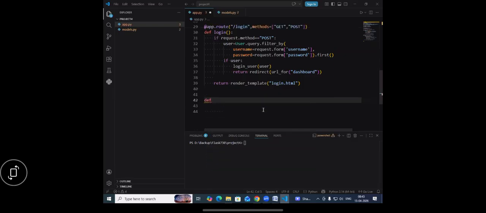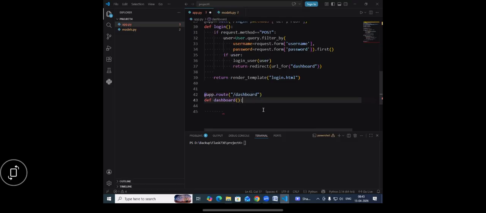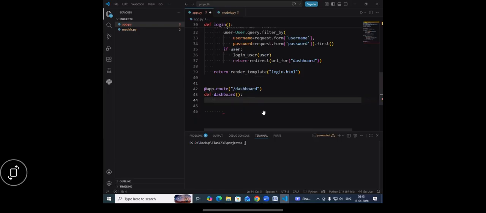Then next one, you require the dashboard. What is the name of the function? Dashboard. At the rate application.route. And what is the name of this view here? Dashboard. And what is the request method? GET only. And this will return